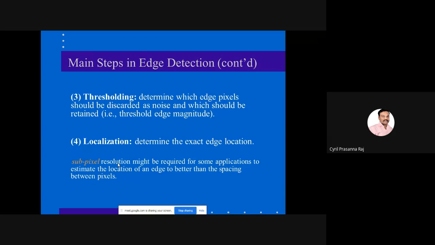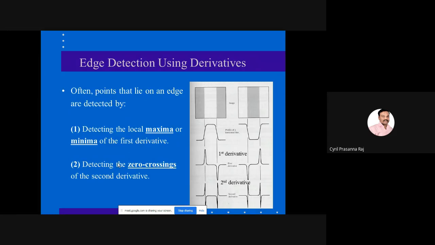So like that, there are multiple things that you can perform if you are able to identify the edges in a given image. Now let us see how this could be done. This is a very simple mathematical operation. Remember, we started off this session with understanding differentiation. Let us see how differentiation can help us in identifying the edge information in a given image.